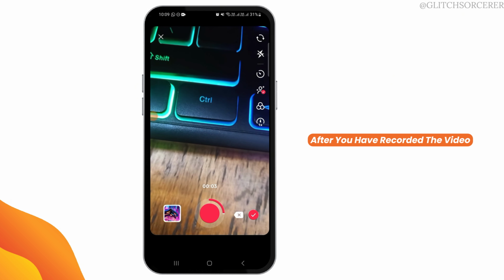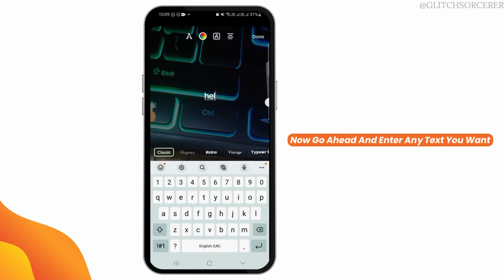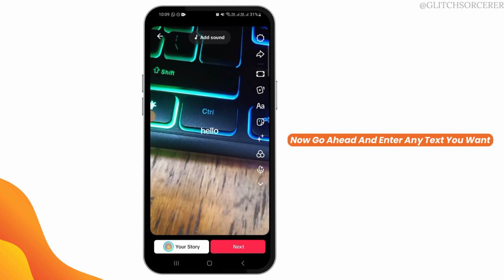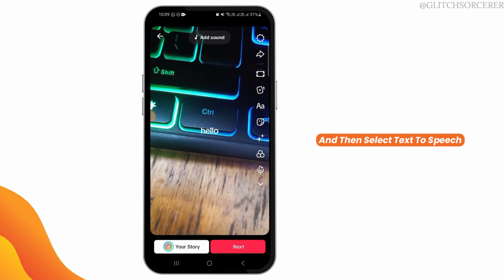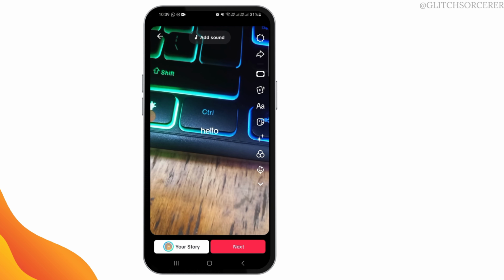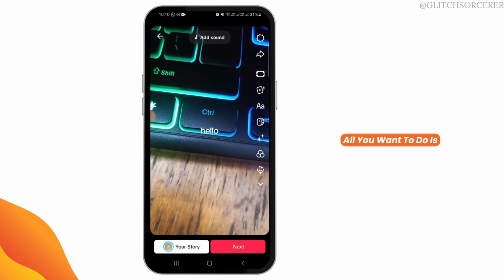After you have recorded the video, now you want to add in the text. Now go ahead and enter any text you want. Once that is done, you want to tap on the text and then select text to speech. Hello. Now, if you want to change the voice of this text to speech, all you want to do is